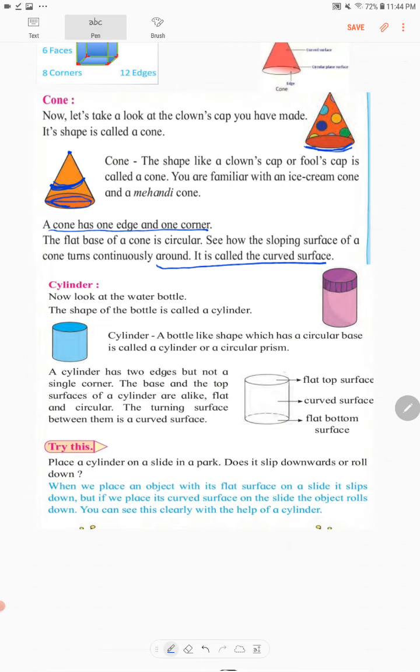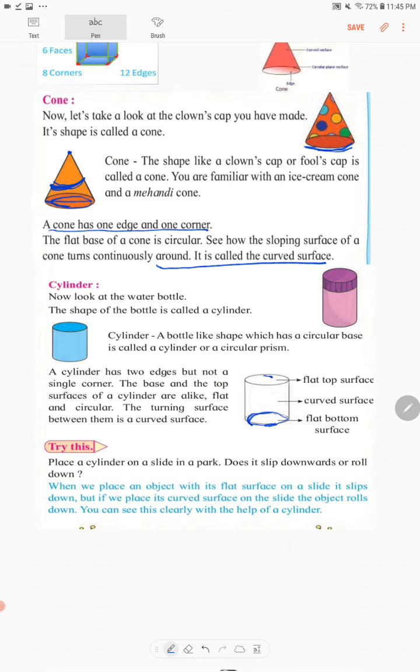It does not have a corner, so it has got two edges like this. The base and the top both are flat, and it is circular. The turning surface between them is a curved surface.